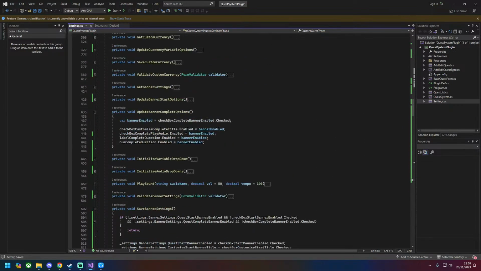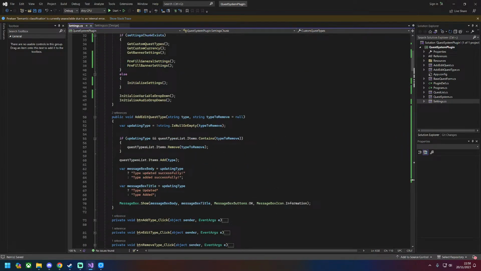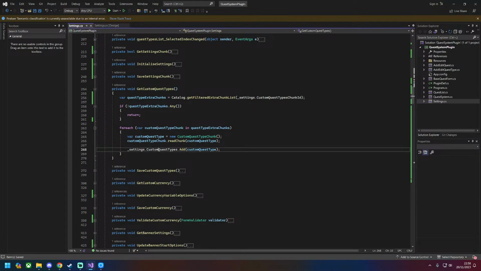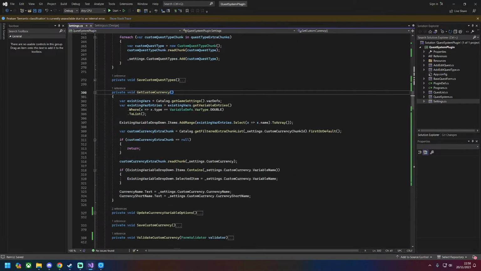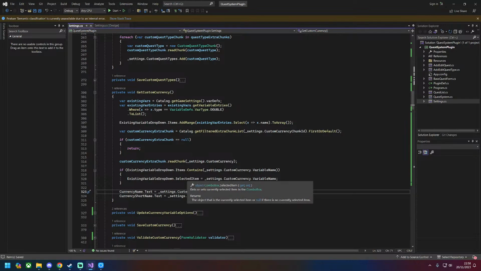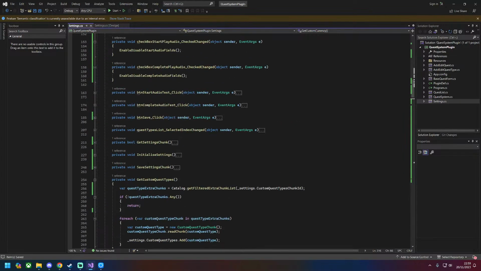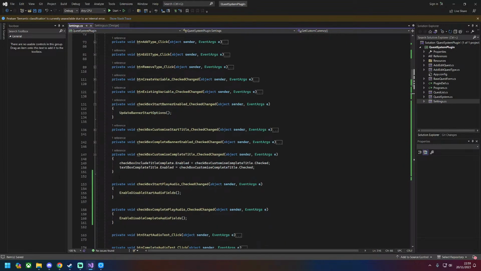Which is good, because the way that my thing is set up to work is that when we get this stuff, we add it directly to the settings. Likewise here, when we're getting the custom settings stuff, we're just assigning it directly to that. And likewise with this, custom currency just gets read straight onto that, and that wouldn't be possible if that was null, which it shouldn't be anymore because we've just set up the initializers for them. So, if all is well,